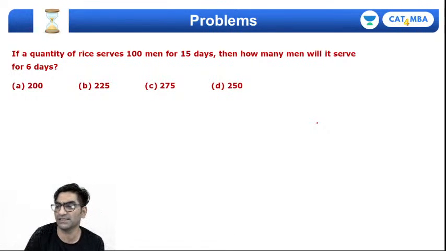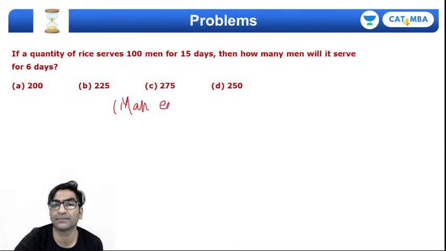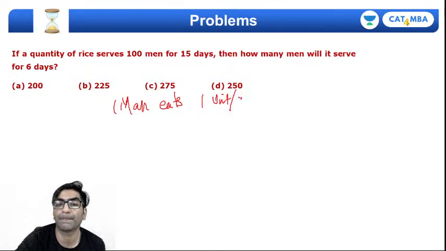Obviously it will be more than 100 men, right? Okay, will it be 200, 250, 225 or 275? Yeah. So what you can do is you assume, let's say one man eats 1 unit per day. Right? So you have 100 men, which means they'll eat 100 units per day, right? So the rate